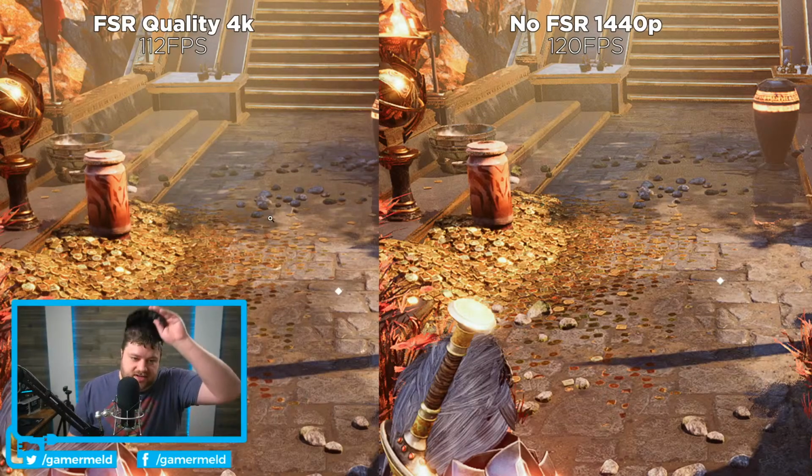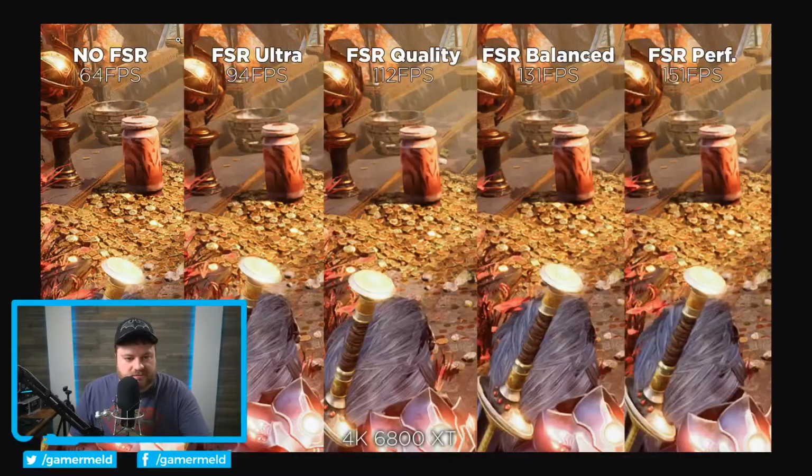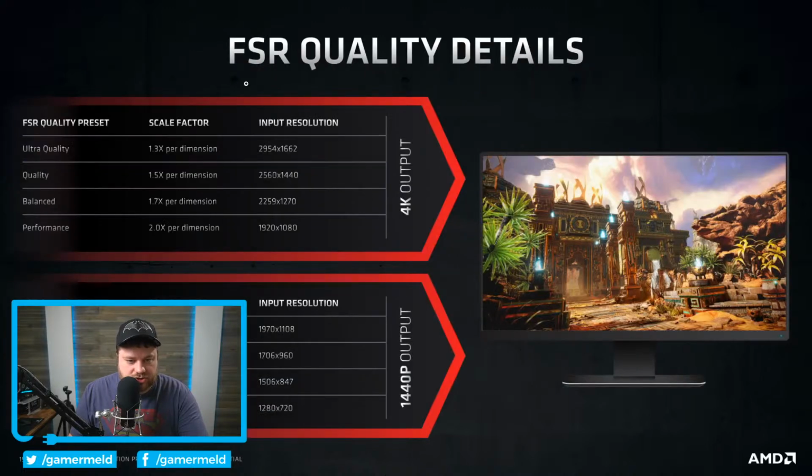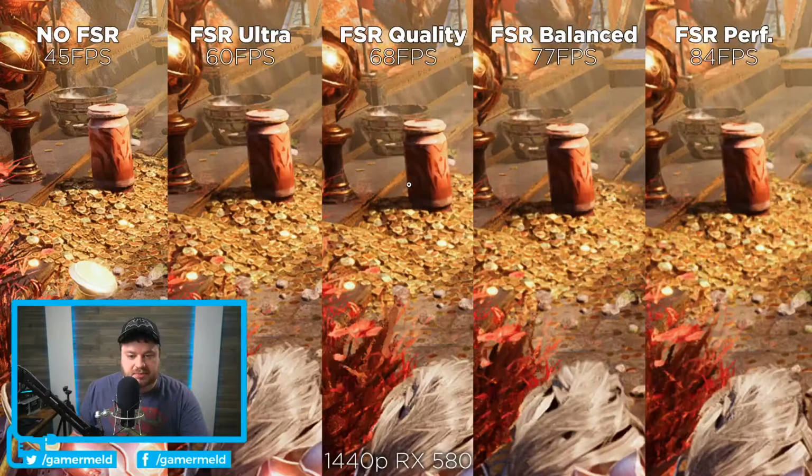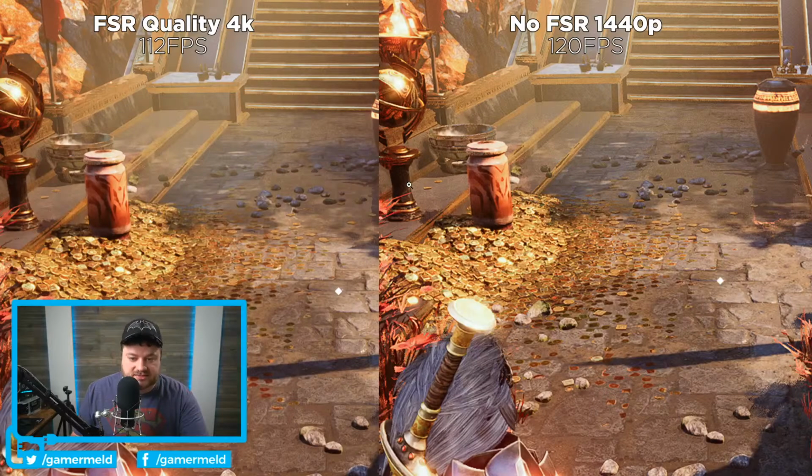So it really started getting me concerned. So what I did was I took FSR quality. If we once again go back to our chart, quality is 1440p, output to 4K. So I thought it would be an interesting thing to actually take the 1440p, blow it up just as much, up to 4K, and I did all of this in Photoshop,